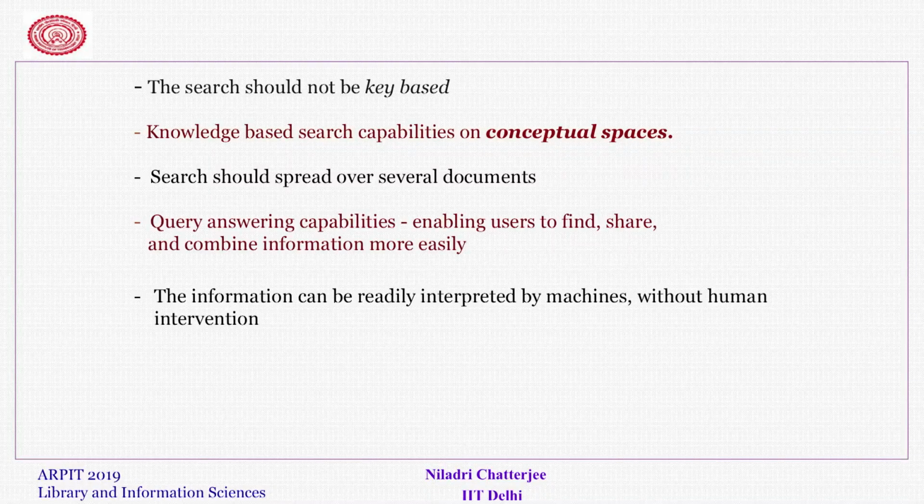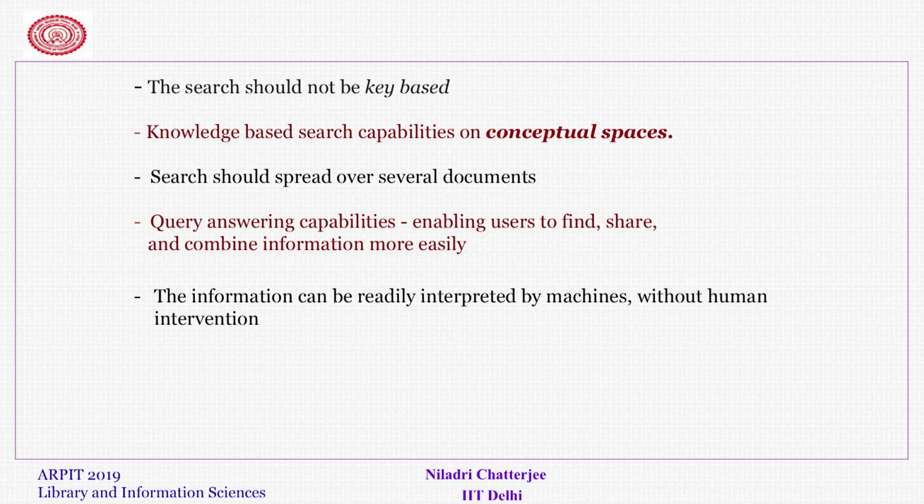These above examples suggest that acquisition of knowledge is not so simple from text, and knowledge has to be therefore put in a conceptual space, where just keyword based search will not work, and the search may spread over several documents, and there should be hyperlinks so that we can transfer our control from one document to another.